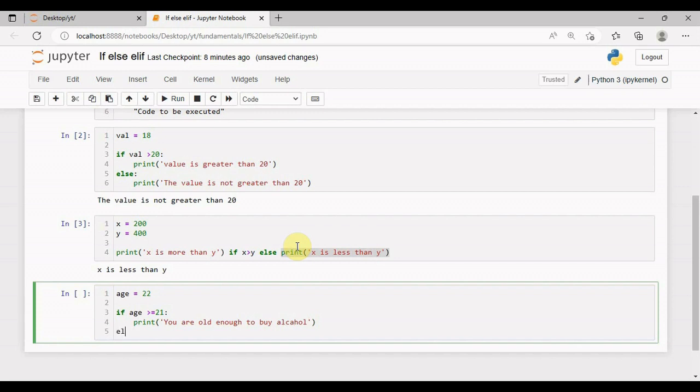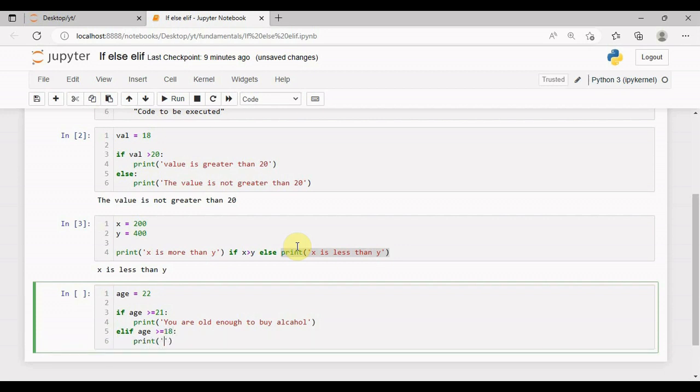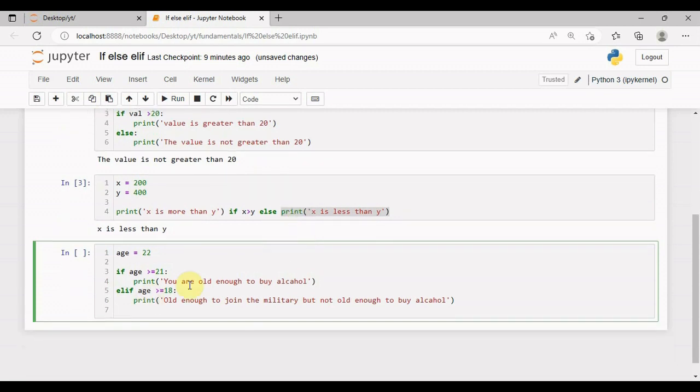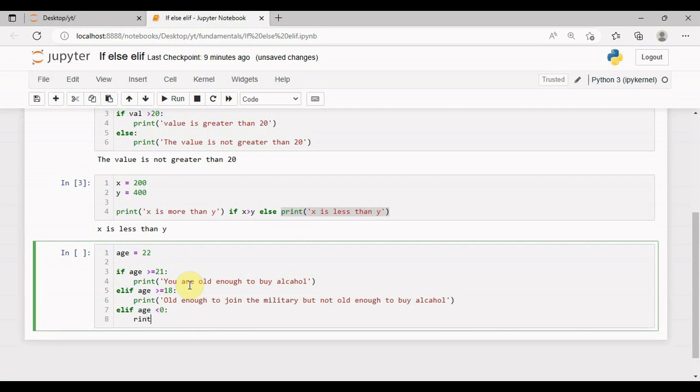And then I'm going to put the elif keyword. Elif age is greater than or equal to 18, we want to print old enough to join the military, but not old enough to buy alcohol. And we can use as many elif statements as we want. So I'm going to create another one. Elif age is less than 0, we want to print